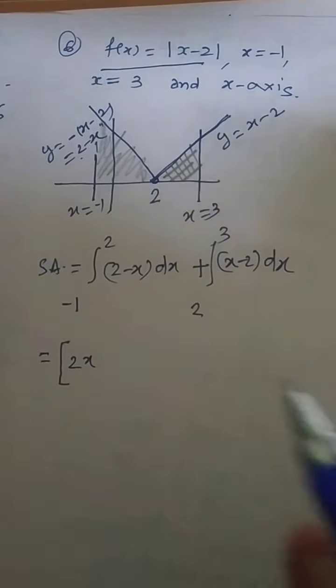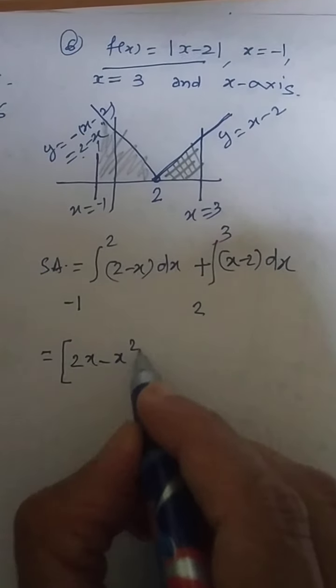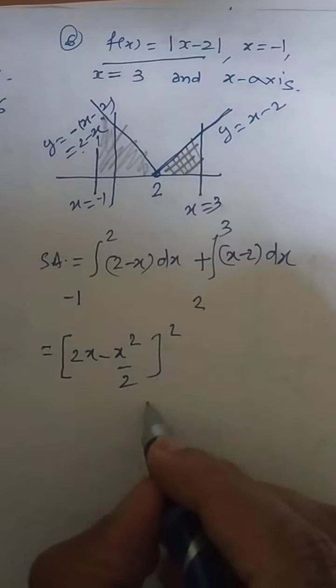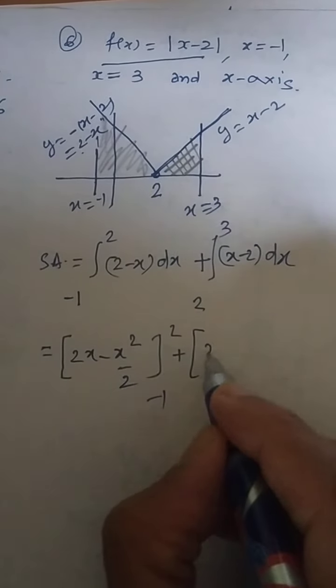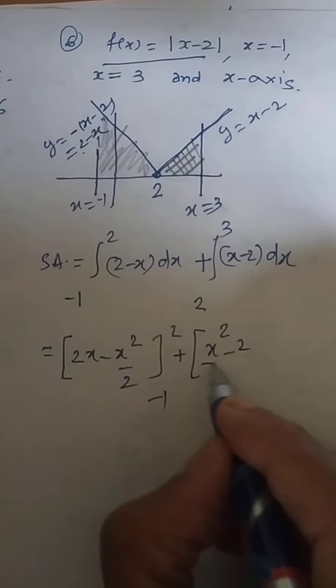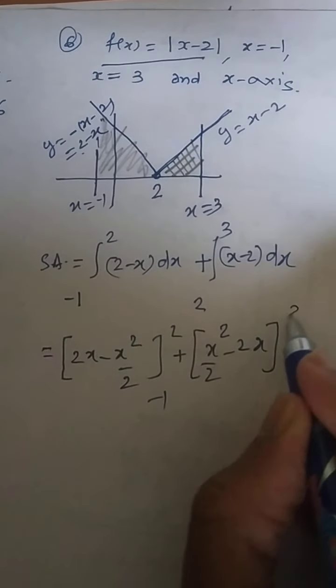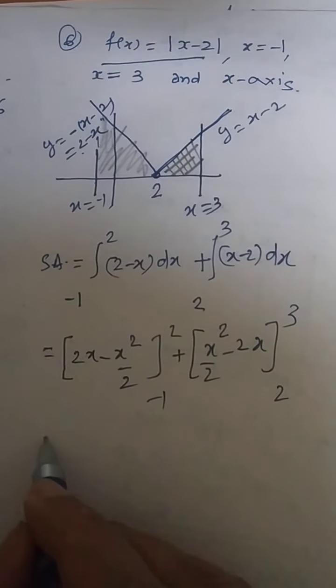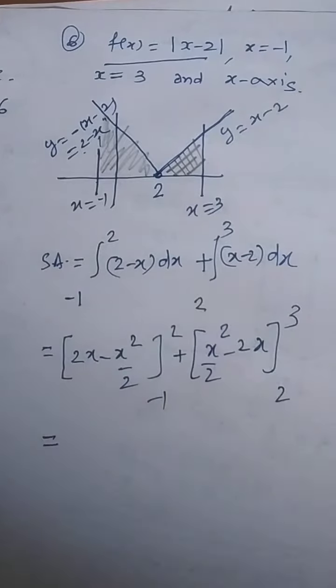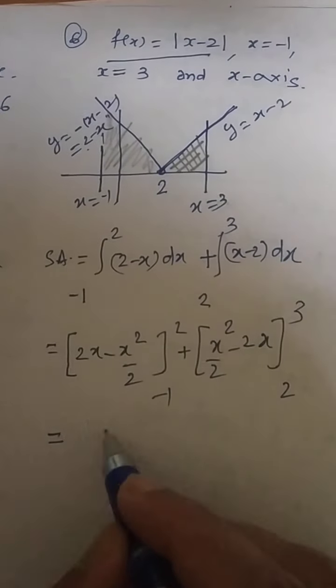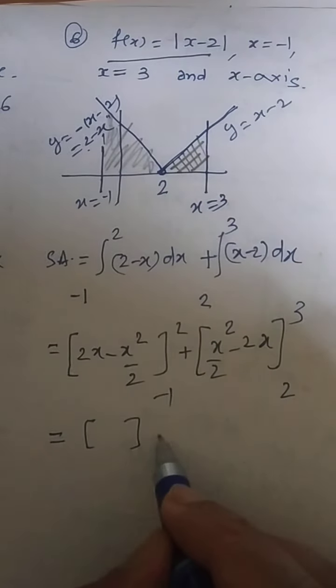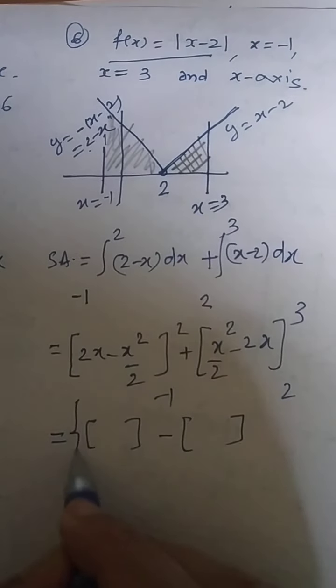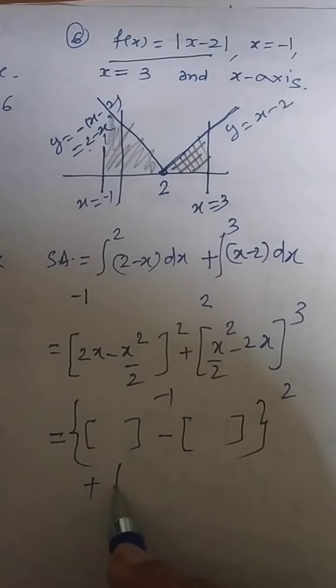It will be 2x minus x square by 2, over here 2, this is minus 1, plus this will be x square by 2 minus 2x, upper limit is 3, lower limit is 2. You know how to simplify, just put the upper limit. I think you will get these 2 brackets here, that is the first one, plus again here it will be,